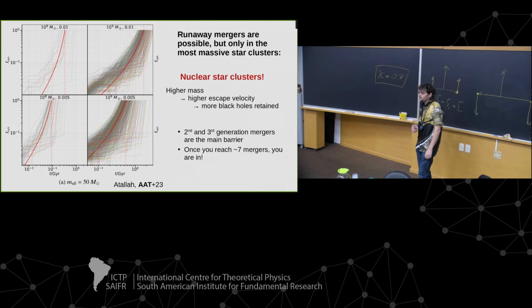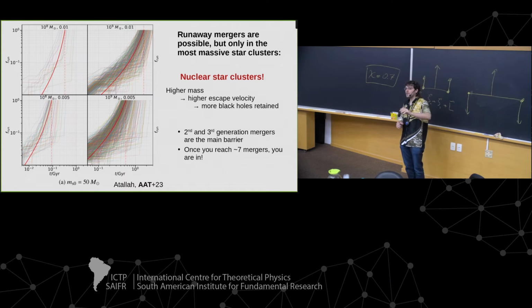And exactly, what we see is that there is a mass gap. Imagine that you basically have two cases. Either you stop at the third generation because you get kicked out, or you get over this barrier and you get a runaway merger. This has happened in 1%. Doesn't this already violate the bounds we have from observation?